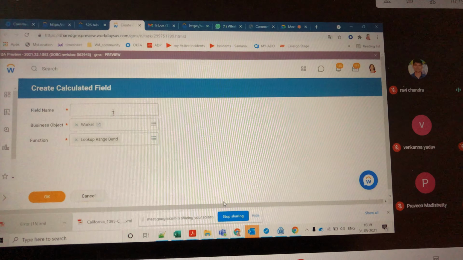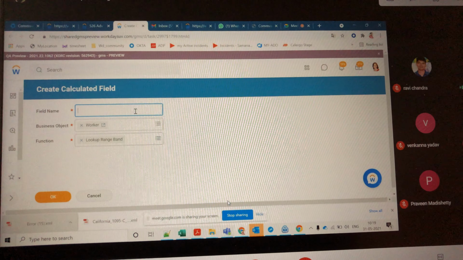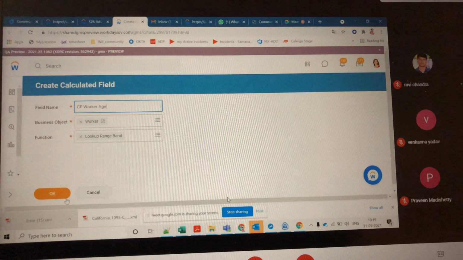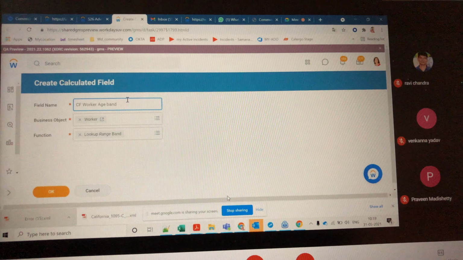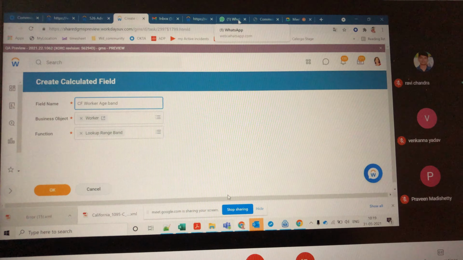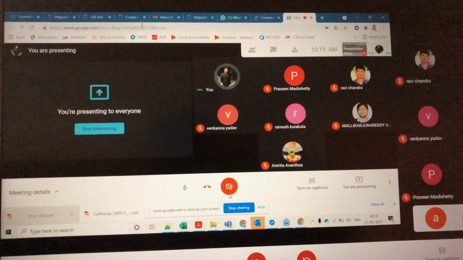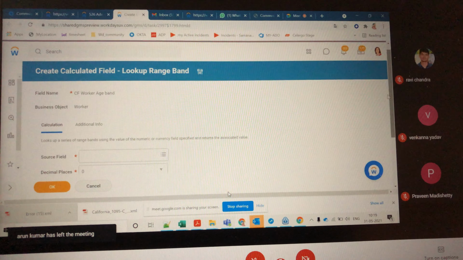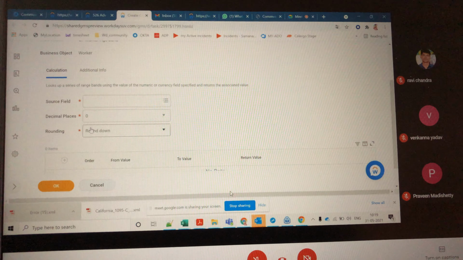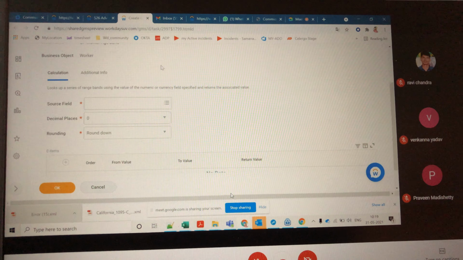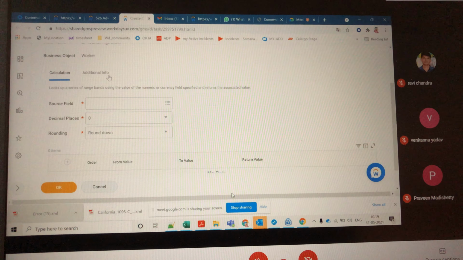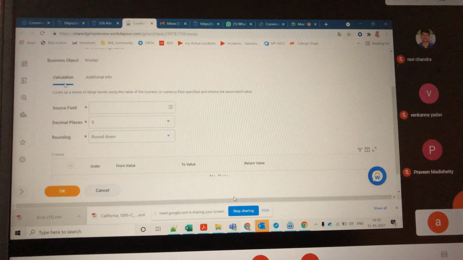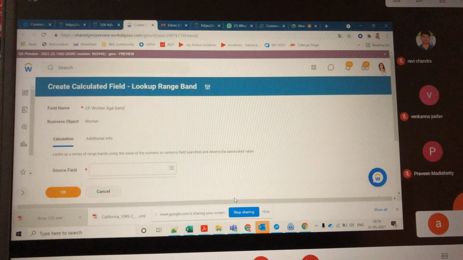So the lookup range band I am going to create. In this one I am going to check out the TF worker age band. When I click on this one, you are going to get a different type of template every time. Different type of templates means if I click on this one, it will ask for different values here. It is asking for the source field, it is asking for the decimal places, and when I create a text constant, it is not going to be the same as what it is expecting from here. The calculation is going to be different from type to type. Suppose I want to create another field,